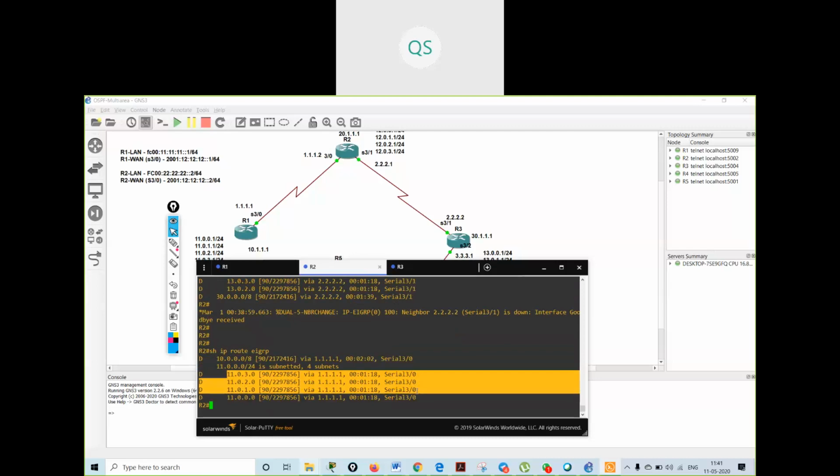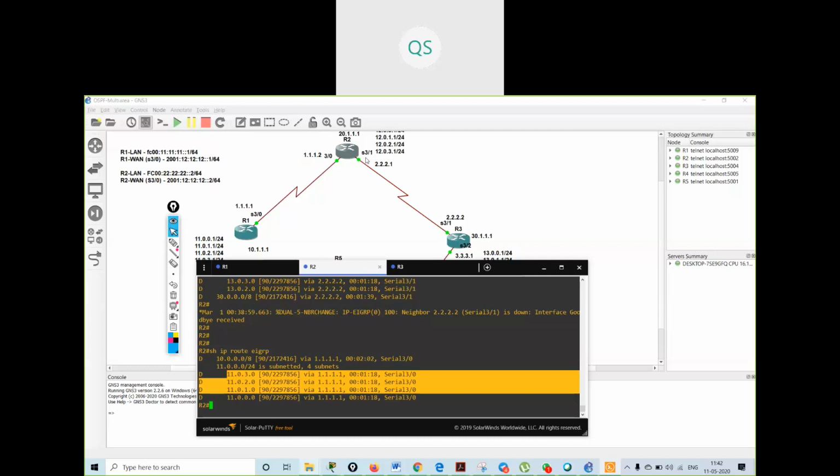So if you specifically want to allow some routes and deny others, then you have to use a distribution list. But if you make any interface a passive interface, it will not send any hello packets and will not form any neighborship with the routers. Understood?